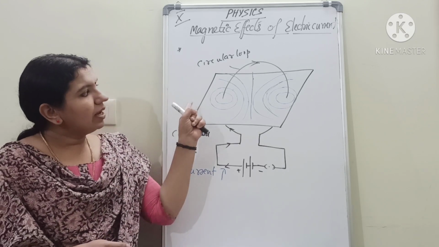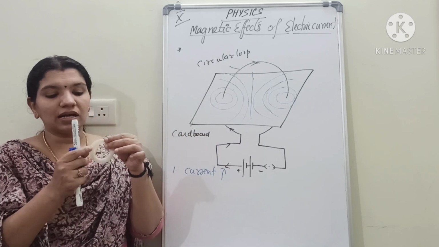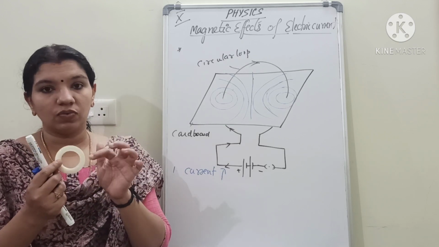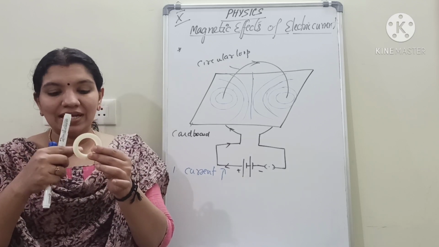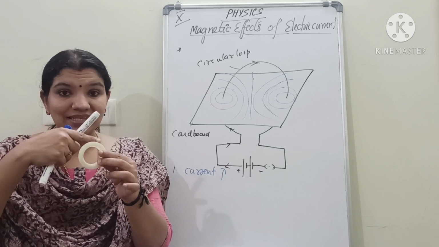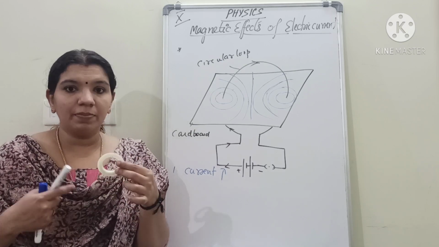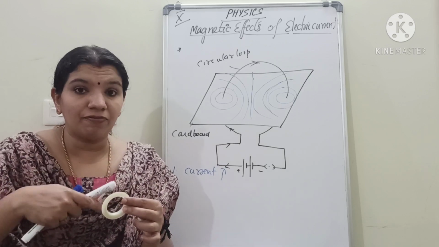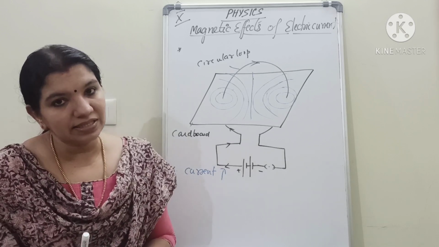Okay. Now here I am considering a circular loop. For example, this is my circular loop, and it consists of a single copper wire. One single wire is there. Let us assume like that. If the number of coils is increased in this circular loop, if the number of turns is increased, anyway it is a conductor, right? It may be a copper wire or any conducting wire I am using. And if I am increasing the number of turns, again what will happen? The strength of magnetic field is increased.